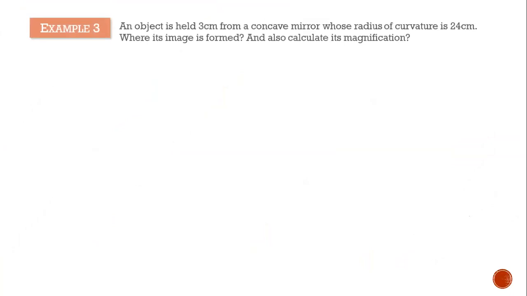Now again there is one more word problem. Till here, whatever we have done is concave mirror questions related to real images. Now whenever an object is placed within the focal length of the concave mirror, a virtual image is formed. So for this type of question, when the object is within the focal length, how are we going to do it?